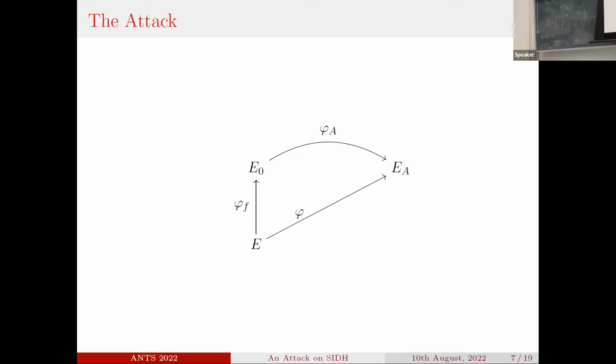So it's worth noting that this data is public, so we know how to construct the endomorphism. And so to break SIDH, I mean, to recover the secret isogeny phi A, we need to compute